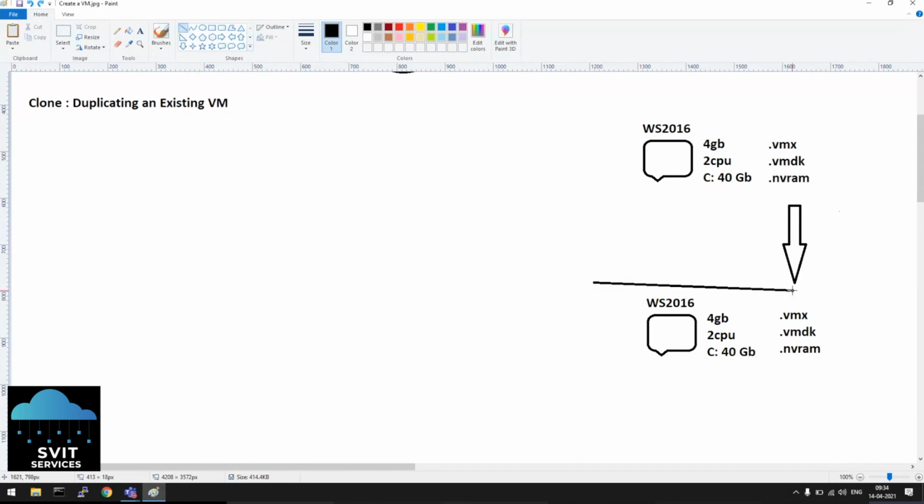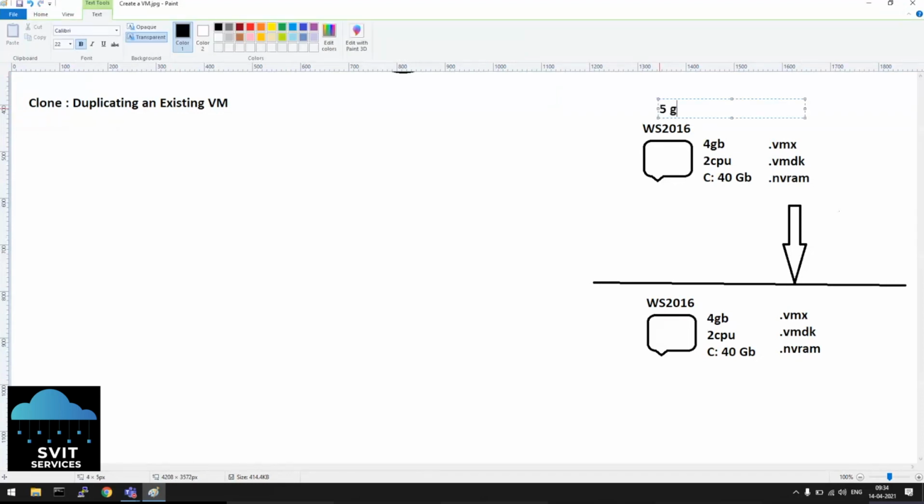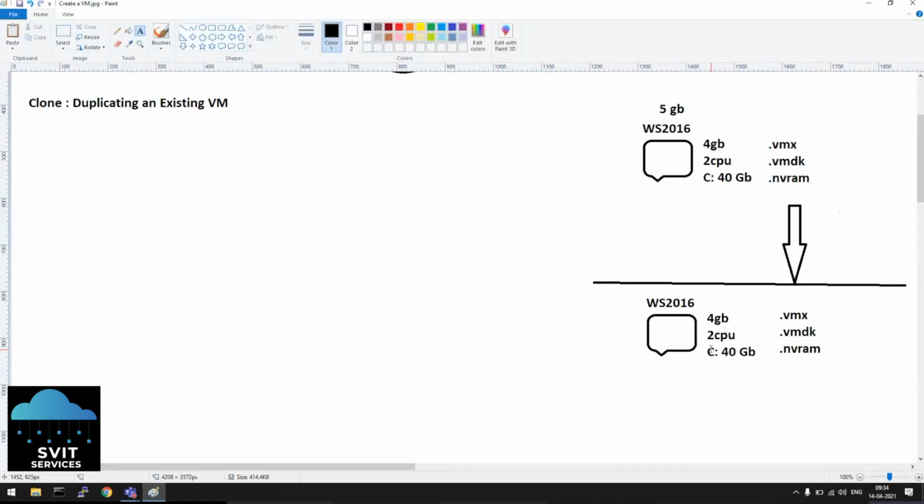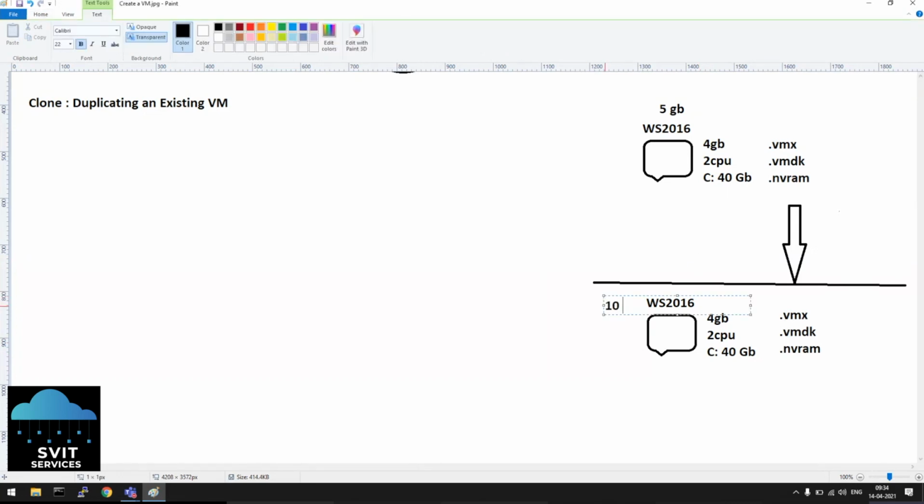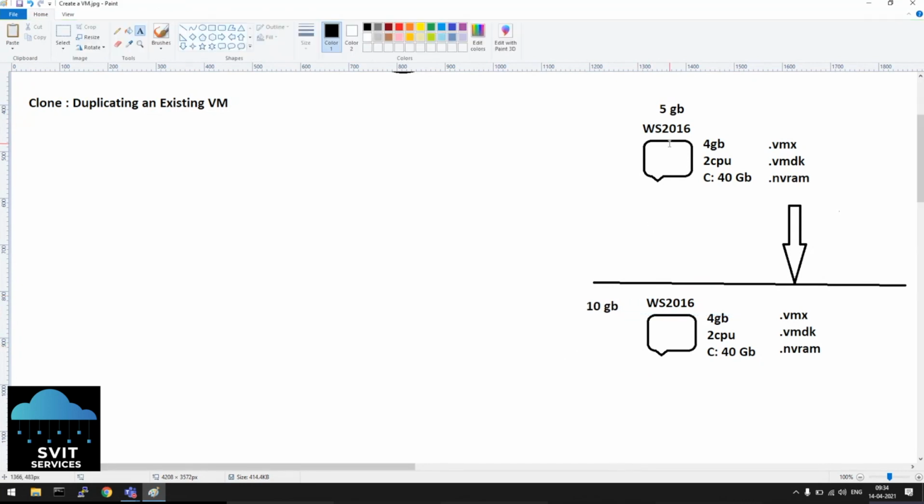Whatever data you paste now on the source will be there only. Let's say if you copy some 5 GB of data now, it will be here only. It will not copy to this clone machine. Once cloning is completed, they are completely two different machines. Even if you copy some 10 GB of data, it will not copy back, because there is no relation after that. But before cloning, whatever data was there will be copy pasted here as well.